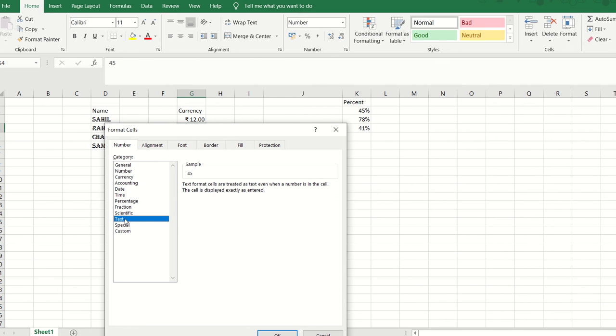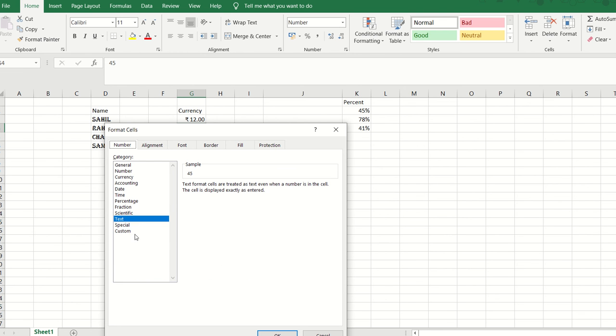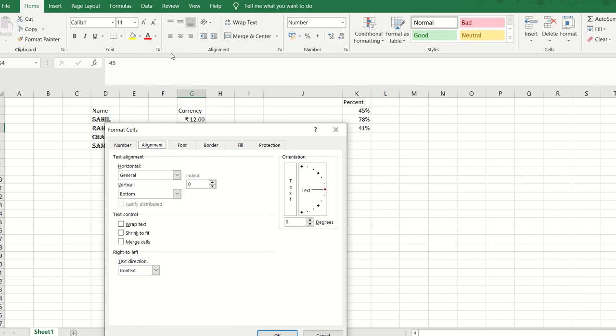And similarly, for text style, you will not be getting it over here, because with the text I am going to change the font. So I have an option of font over here where I can choose the font style and the size, though the same thing can be done from here as well. Whatever is available in this box, the same thing you have over here. Along with that, there is some special type of formatting that if you would like to do, you can put it over here. Alignment, though the alignment section is available over here, yes, you can do it with this also.